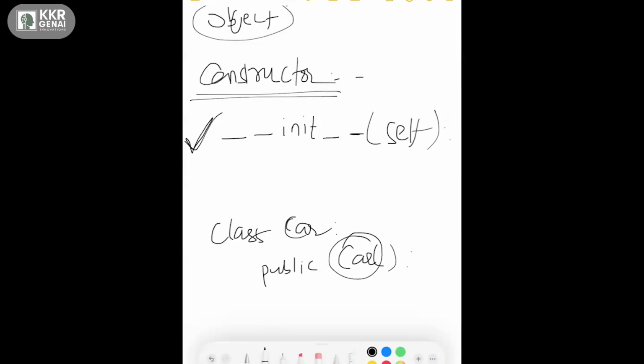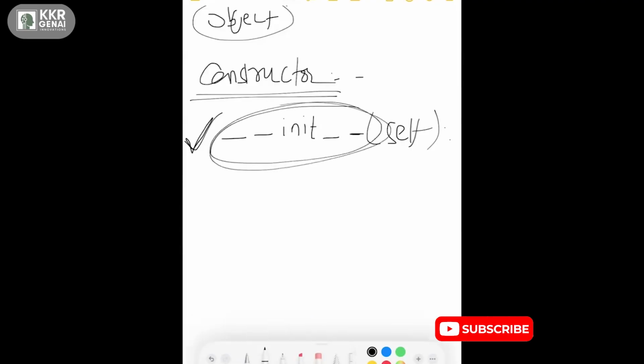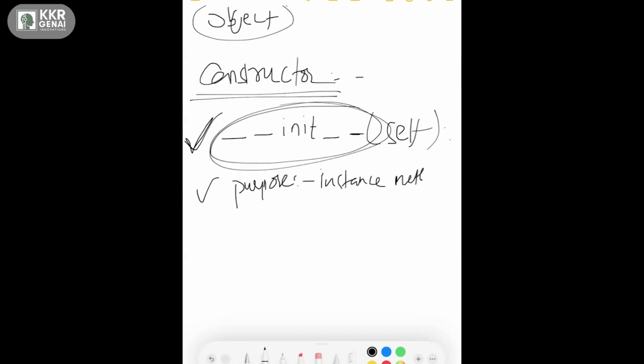But in Python, we use underscore underscore init underscore underscore as the constructor, and whatever initialization you want, you can do in underscore underscore init underscore underscore. As I mentioned, the constructor's purpose is to initialize the instance variables. It is mainly used for initializing the instance variables.